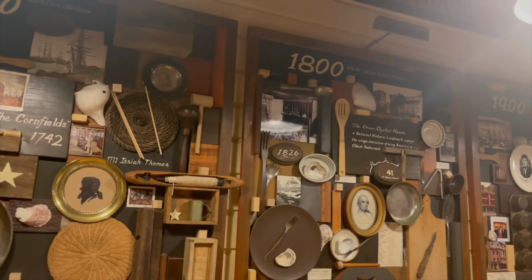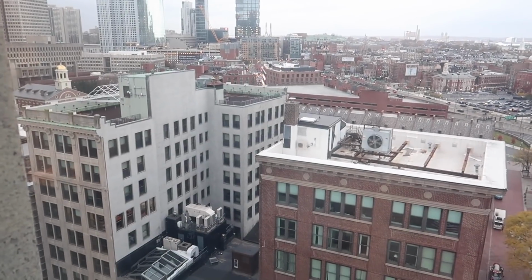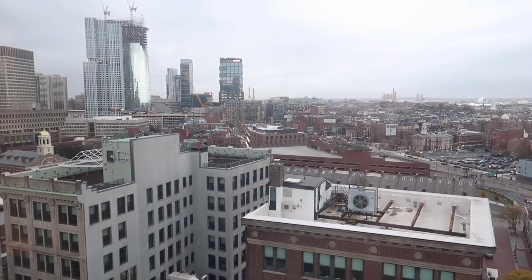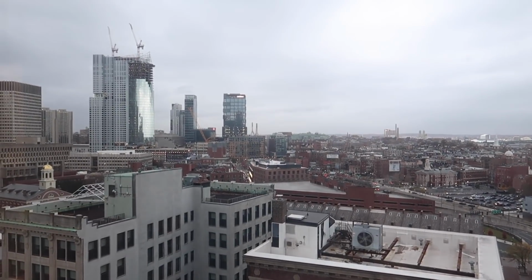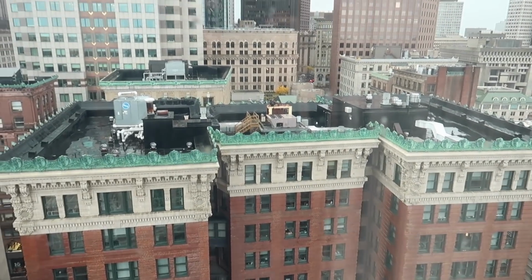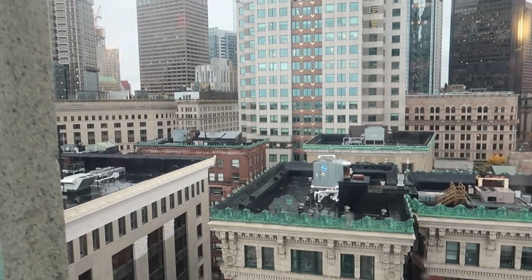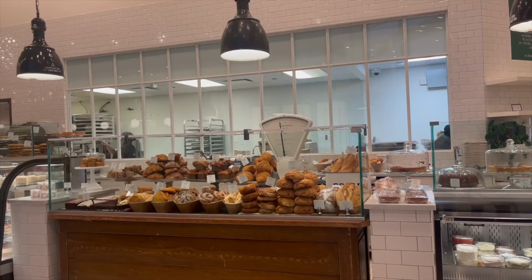So we enjoyed that. And then the next morning we just woke up and kind of took things a little slow. We were all tired from traveling, but this was the view outside of our room. And then when we went around to the elevator, that was the view right here. So we had some nice downtown views, and then we walked to Tate, one of their many locations, for breakfast,